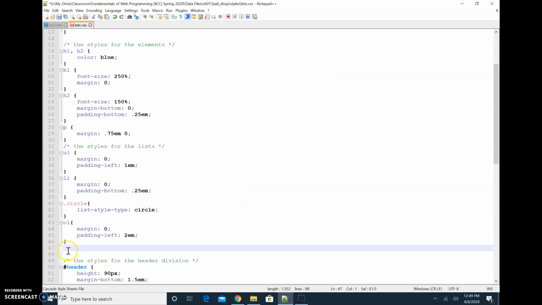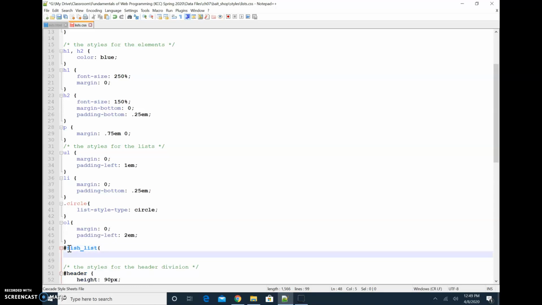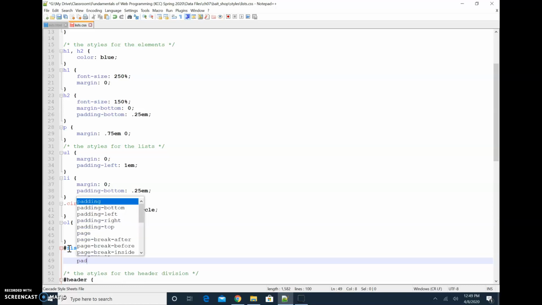So we're just going underneath the OL here, hashtag fish underscore list. And it's going to have us do some other things in the next step, and I'm just going to do those right here. So it will want the margin 0, padding left 2em,